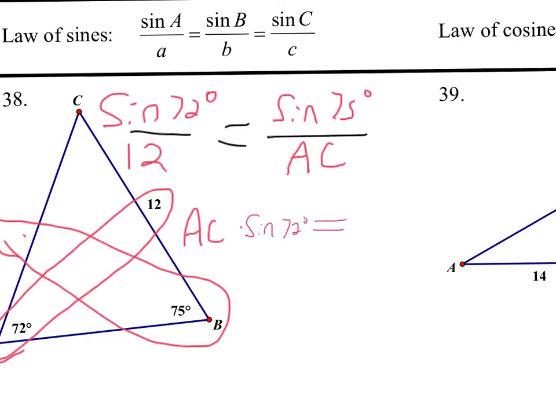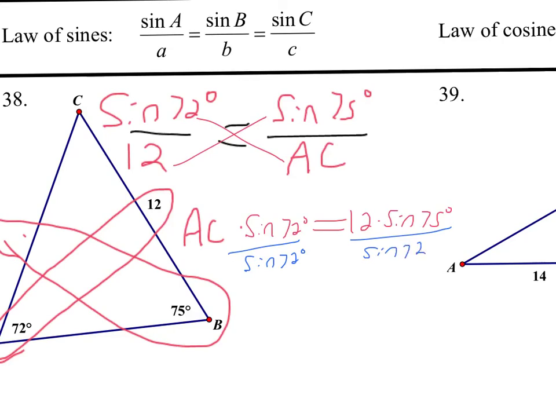And on the other side, we'll have 12 times sine of 75. And we want to get the AC by itself, so we'll divide both sides by sine of 72. And I would just type this in the calculator